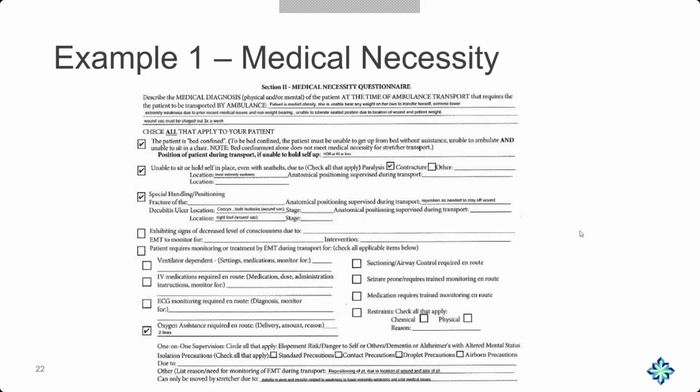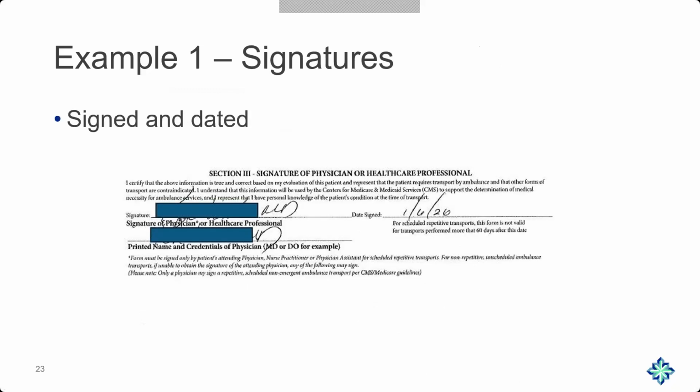So on this one, is it a good example? What do you guys think? Yes, yes it is. We've got our signatures. You can see this is an MD signature. Here's the date. So this one's good. We know this patient's going to go 3 times a week. This is a routine scheduled ambulance transport. It must be signed by an MD or DO. Is it? You bet. Does it have all the information to explain what we really needed to know about it? It does. This is a good example,